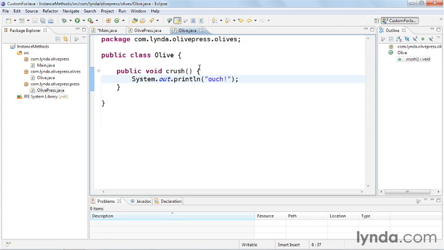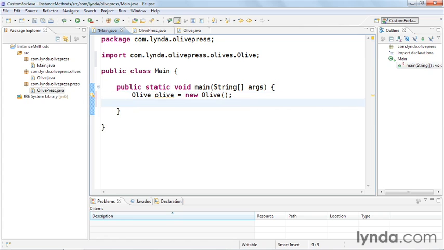And the answer is that the Java compiler always adds a no arguments constructor method, a method that can be used to create an instance of the class. If you don't define one, one is defined for you. And that's what I'm calling here. So I've created an instance of the olive class, and now I'll call its method using olive dot, and when